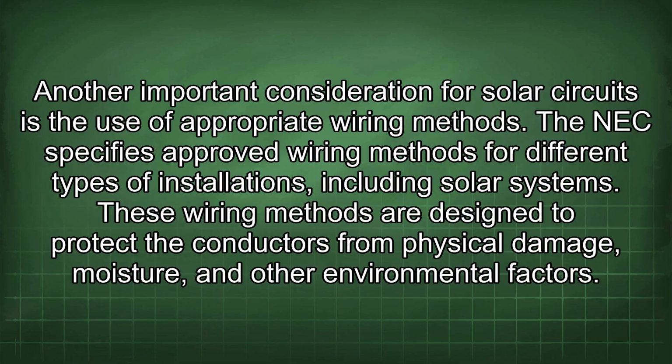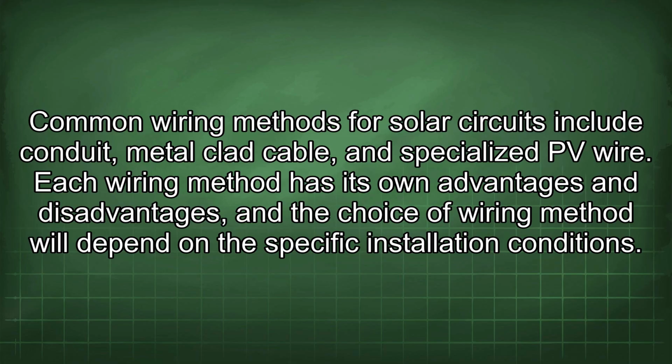Another important consideration for solar circuits is the use of appropriate wiring methods. The NEC specifies approved wiring methods for different types of installations, including solar systems. These wiring methods are designed to protect the conductors from physical damage, moisture, and other environmental factors. Common wiring methods for solar circuits include conduit, metal-clad cable, and specialized PV wire. Each wiring method has its own advantages and disadvantages, and the choice of wiring method will depend on the specific